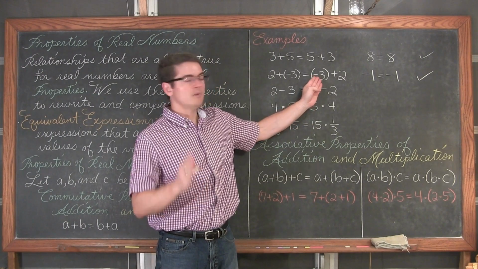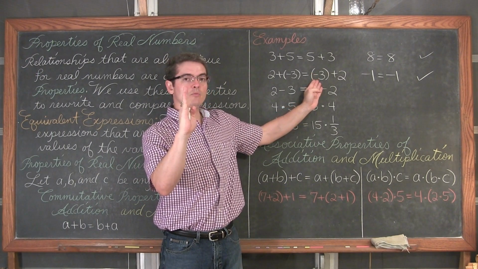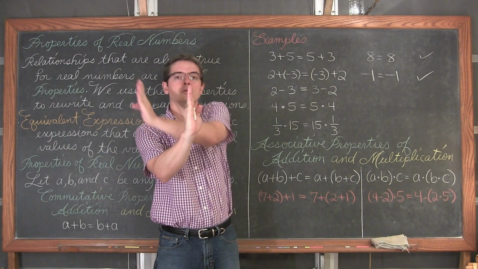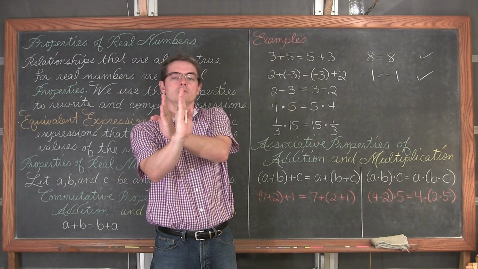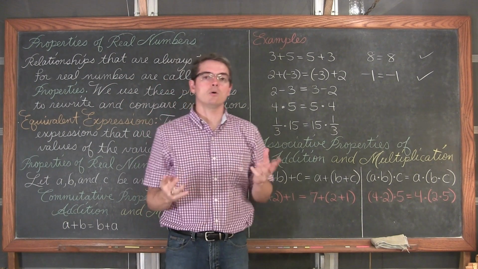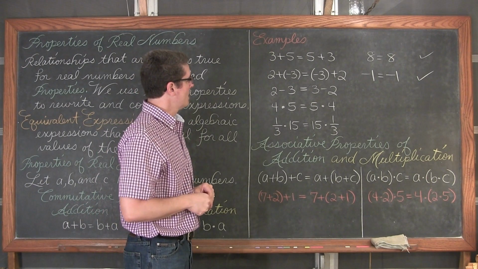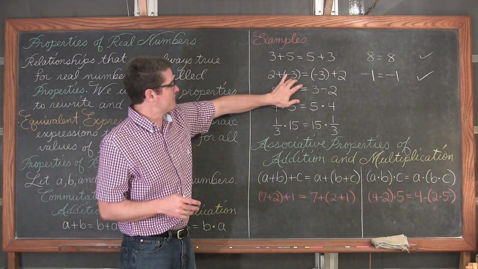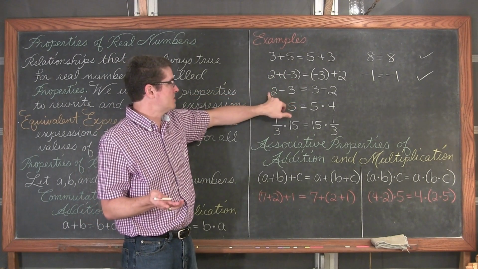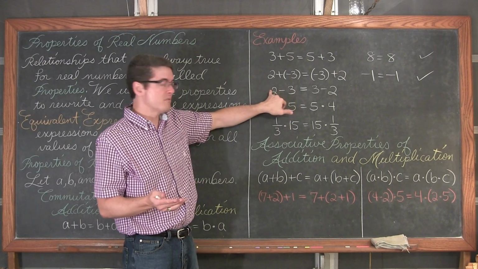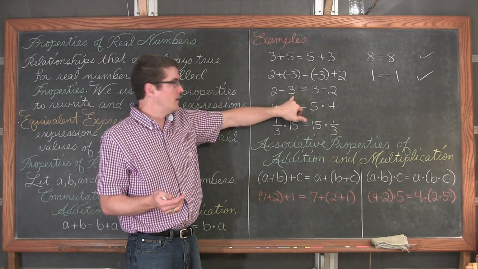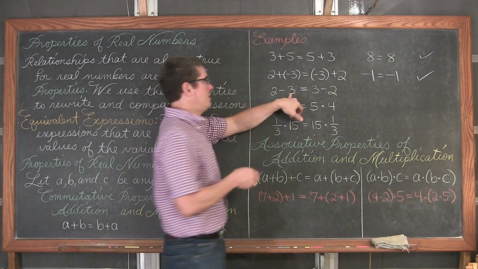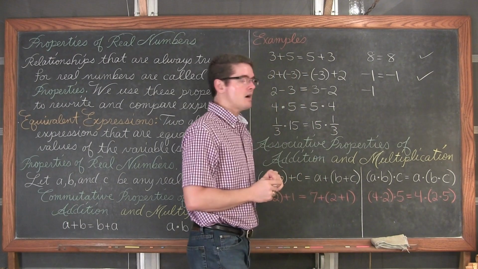And just one more time, if my hand is 0, we have 3 movements to the left and 2 movements to the right. So if we're here, we go 1, 2, 3, and then back 2 is still going to land us 1 space to the left of 0, or put us at negative 1. Well, here, see, I made these very close on purpose. I have 2 plus negative 3, and that is actually an equivalent statement to simply 2 minus 3. Again, 2 movements to the right, 3 movements to the left, or if you have $2 but you want to spend 3, you're going to owe somebody or be short $1.